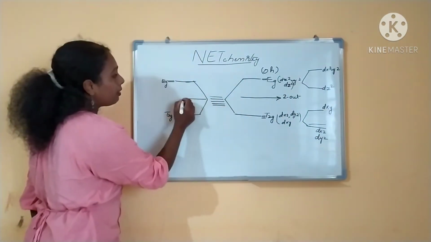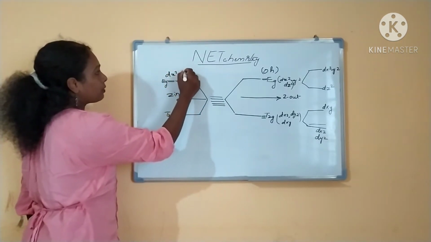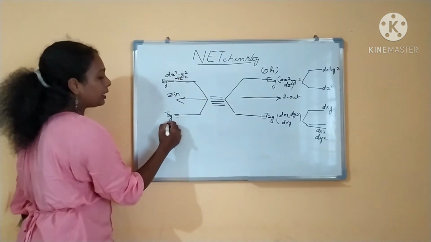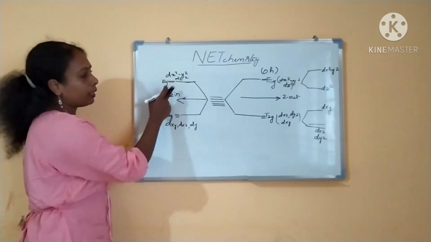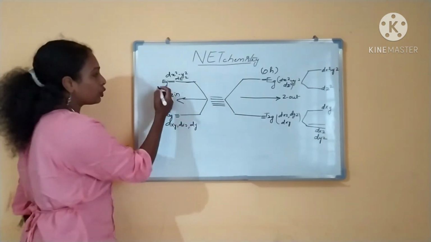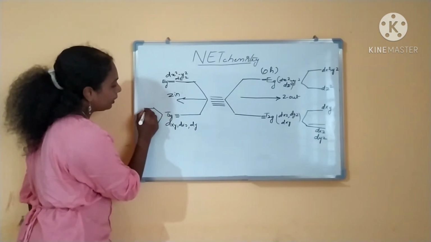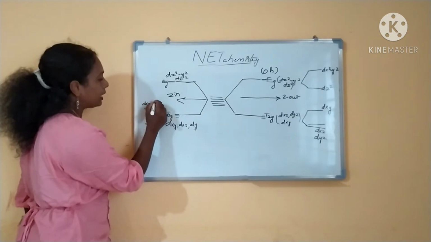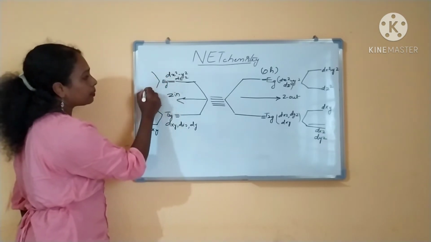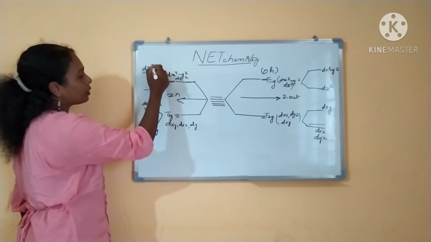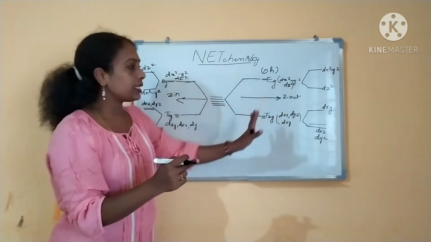Is it clear? Now we will see the Z in case. I am writing the Z in case. This is dx square minus y square and dz square, the octahedral splitting, right? The T2G orbitals dxy, dxz and dyz in the octahedral environment undergo the distortion and split. Here it will be dxz and dyz and here dxy. The EG orbitals split, with dz square going away from dx square minus y square. This is the Z in distortion and this is the Z out distortion.